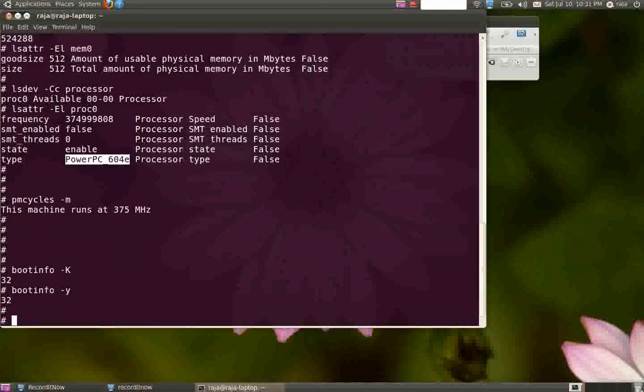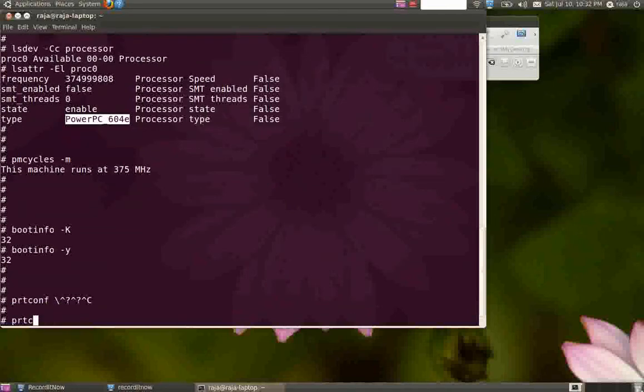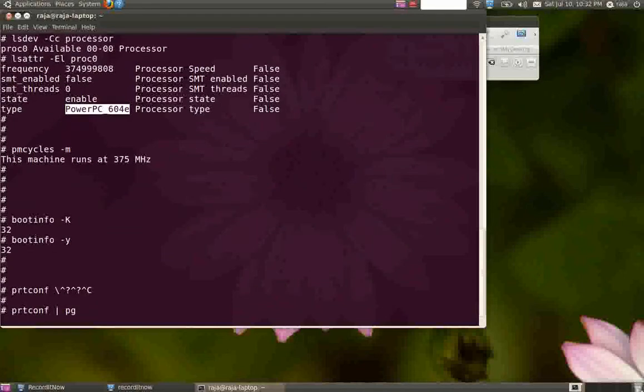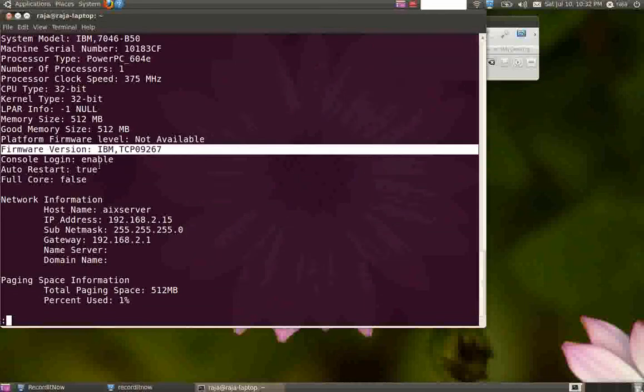If you want to know about all this hardware information, you can type prtconf. It will show everything like your system model. I'm using a 7046-B50. It's a pretty old system, and the machine's serial number, the processor type, the number of processors, and the clock speed, I mean the frequency of the processor, and the CPU type, that's the hardware type, 32-bit or 64-bit, and the kernel type, and the memory size, and the firmware version, and a lot of other